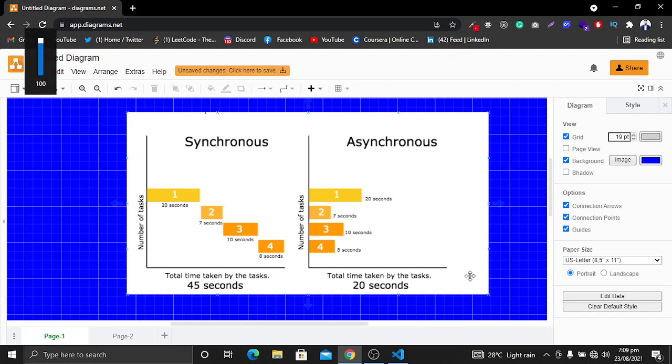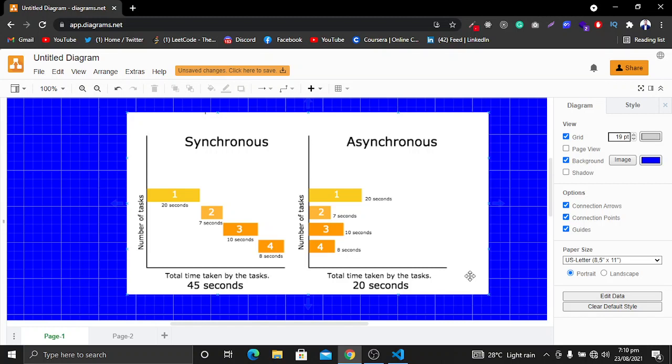Yes. So the asynchronous version takes less time to execute the same number of tasks. The reason is that in the synchronous version, we will implement one task at a time, whereas in the asynchronous version, all of the tasks will start executing at the same time.